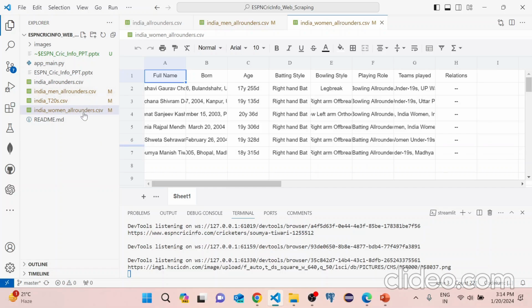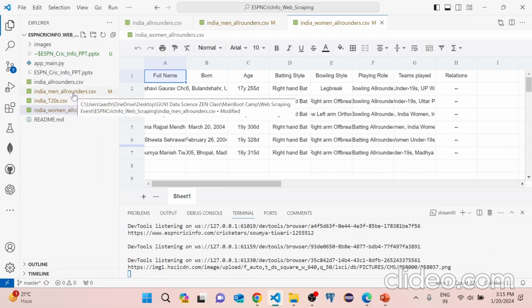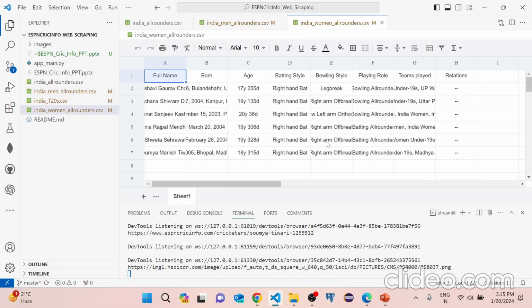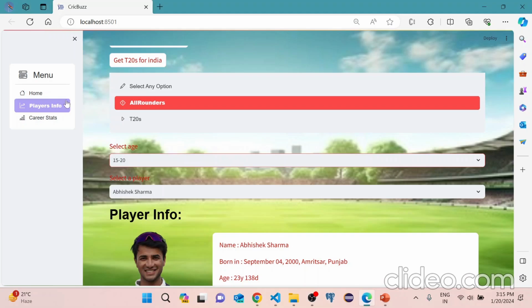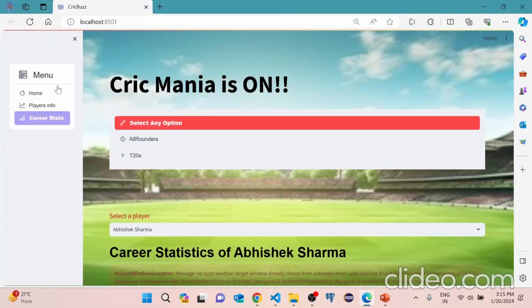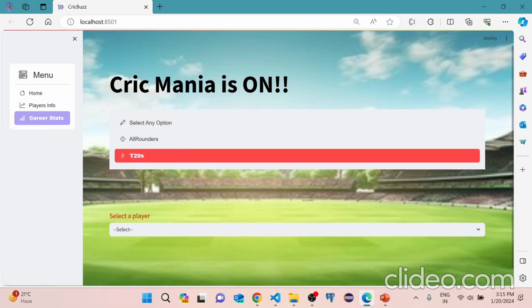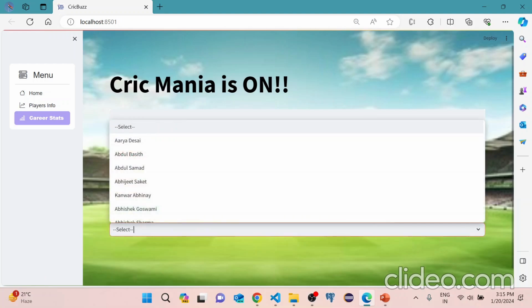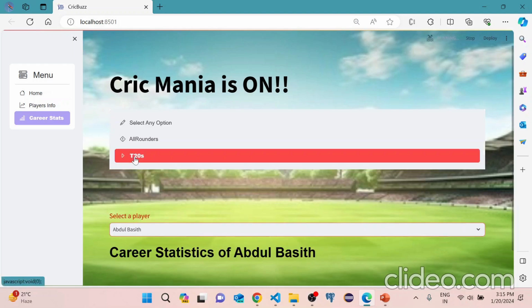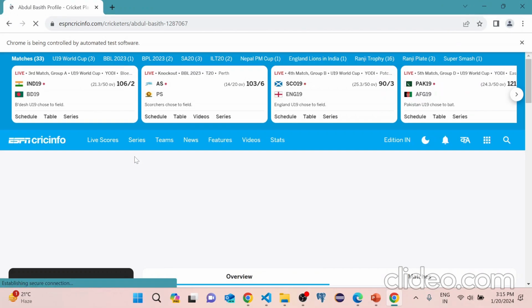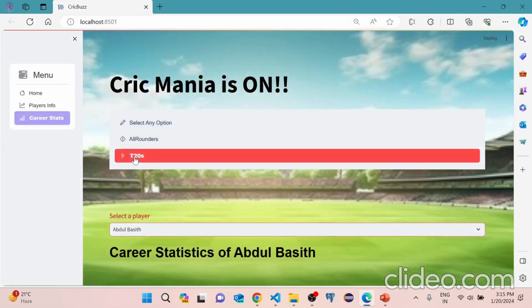So this way, these data sets have been collected and segregated based on different use cases. Now let me go to the career stats for each player. So here also all rounders and T20s. Let me show for a T20 player. So if I select this player,